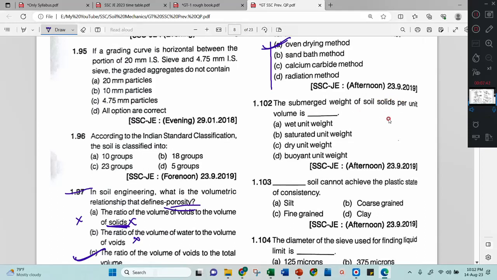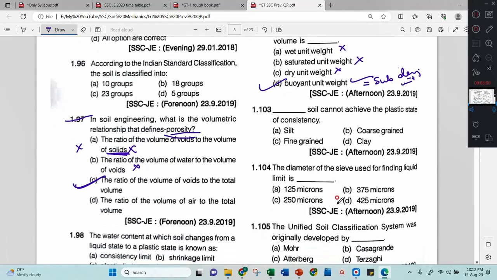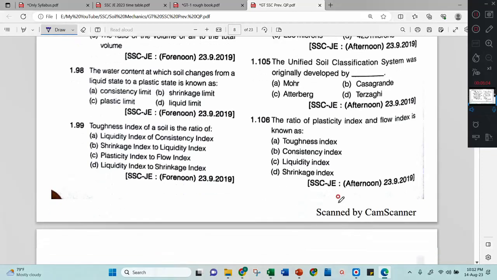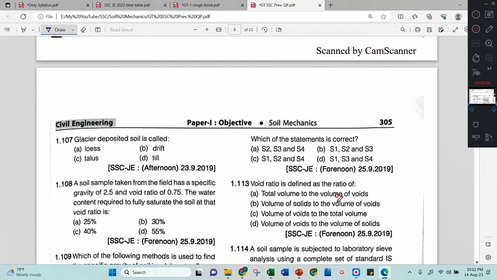Next, submerged weight of soil solids per unit volume is submerged unit weight. The options are wet unit weight, saturated unit weight, dry unit weight, buoyant unit weight, and submerged unit weight. Submerged unit weight and buoyant unit weight are both the same. Submerged density or submerged unit weight, both are same. Buoyant is also same. Next, diameter of the unit classified toughness. Now 107. Glacier deposited soil is called